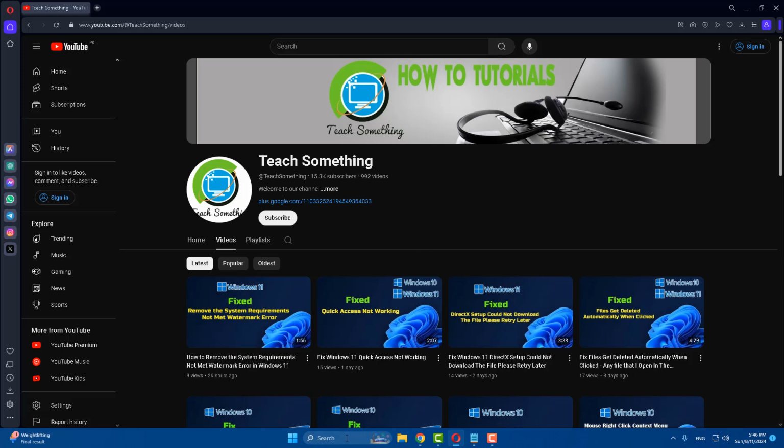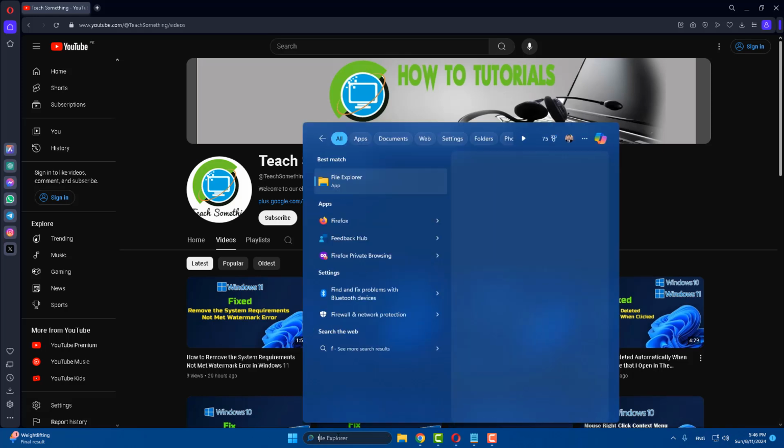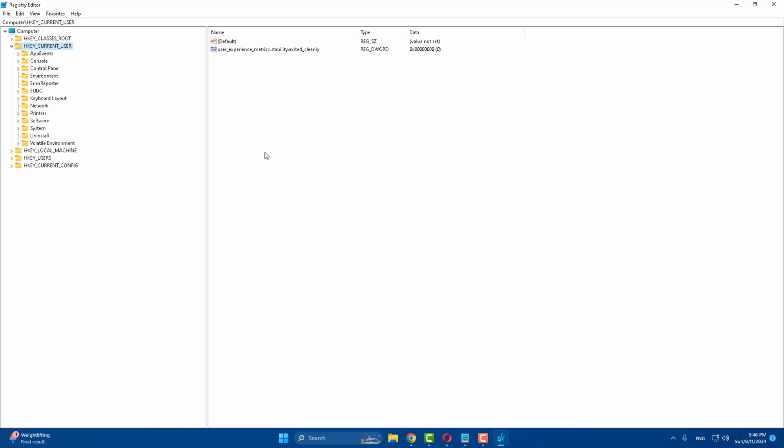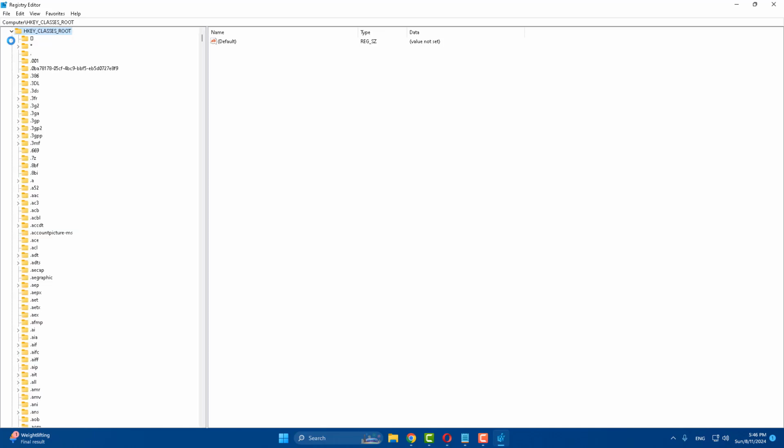The second method is that in the search box, type Registry Editor. Open Registry Editor, right click, run as administrator. After opening that, select HKEY_CLASSES_ROOT and expand it. After doing this, go down and find out